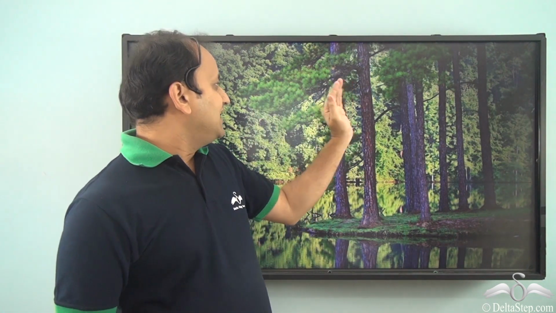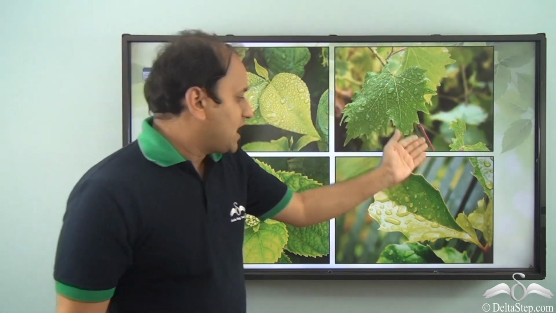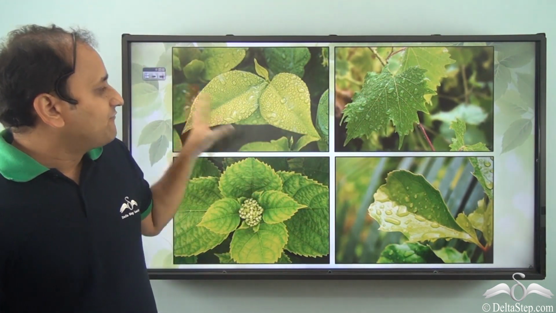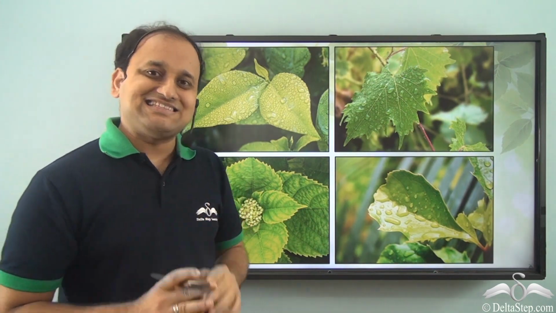In this image, what is the most dominant color? Well, the most dominant color is green, and this green color comes from all the different leaves of different plants. Now, even these leaves are of different types, isn't it? As you can clearly see, they have different shapes, but the basic structure of every leaf is same. So what is that basic structure?